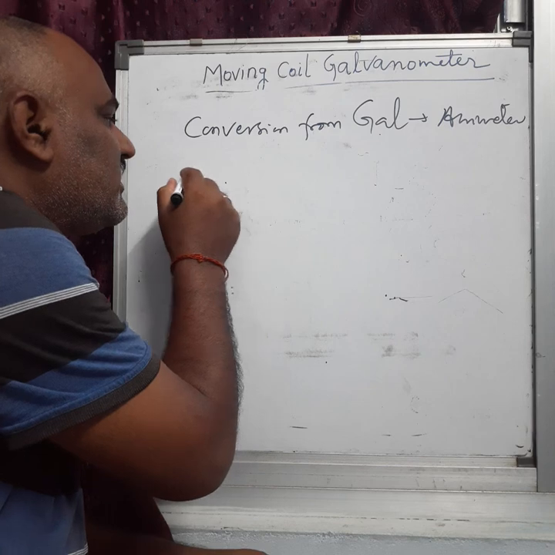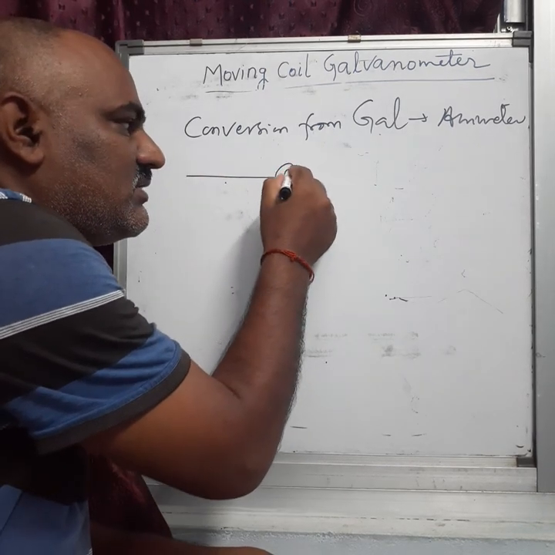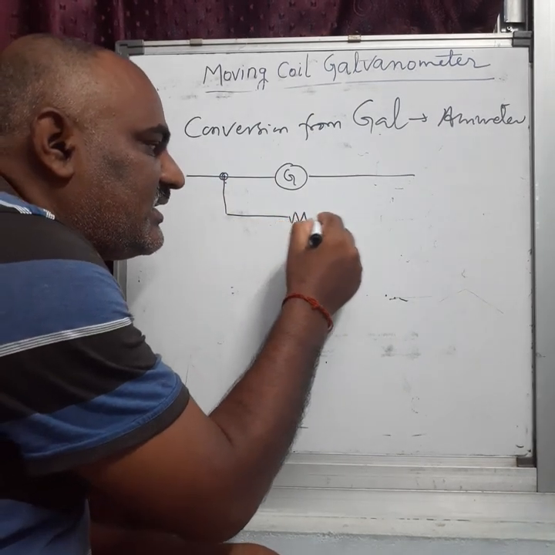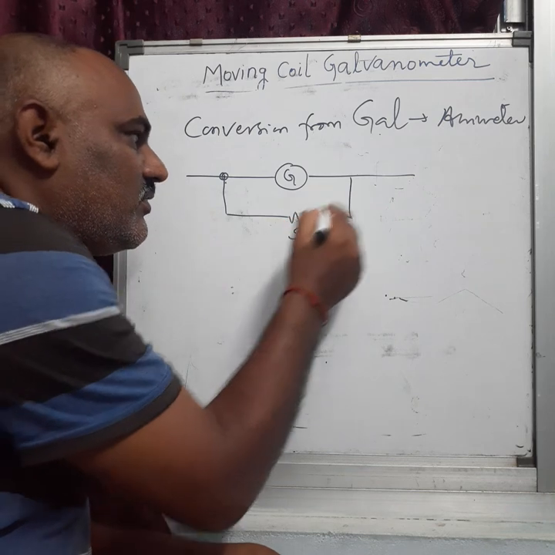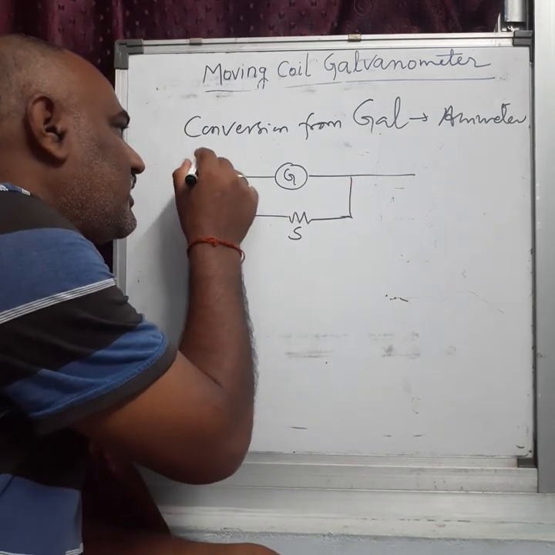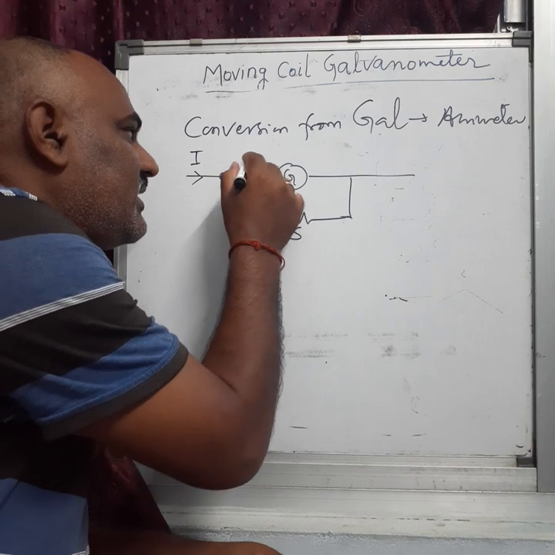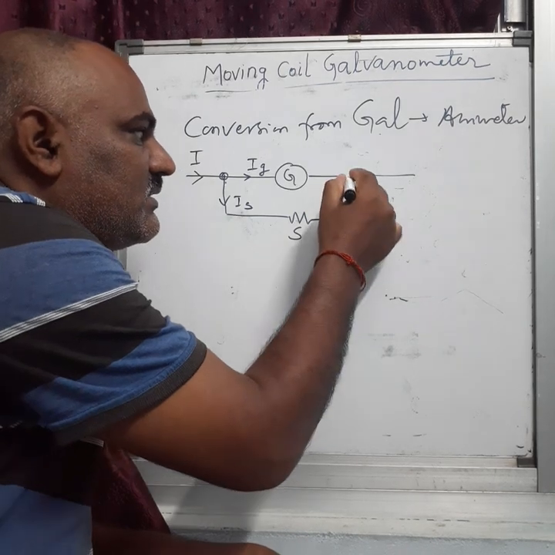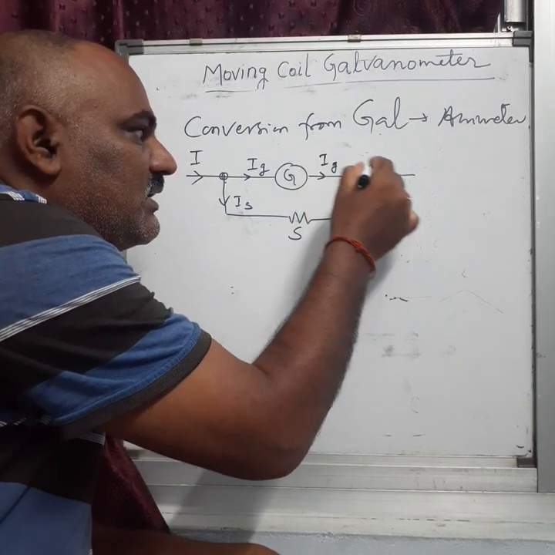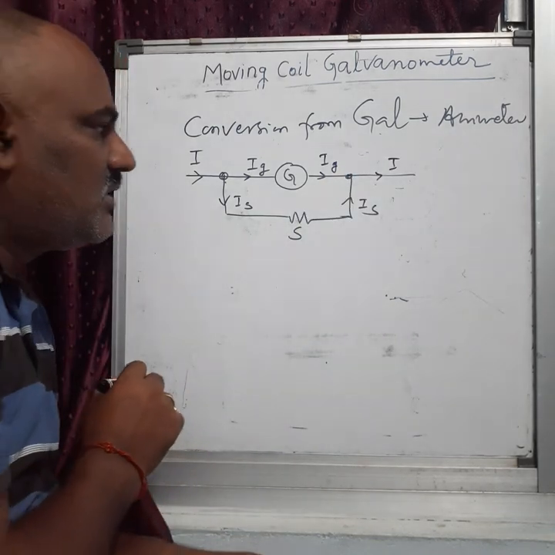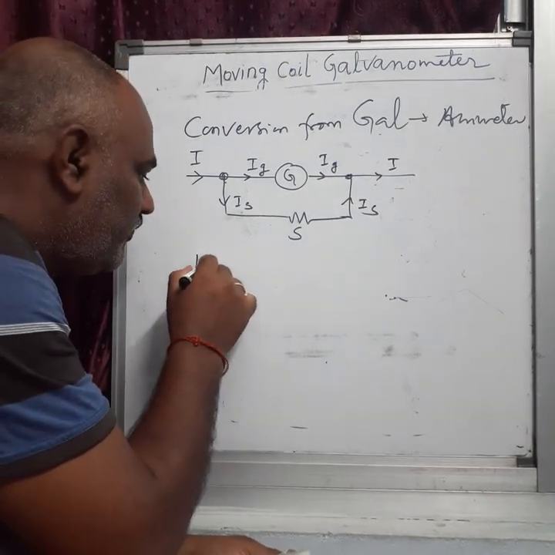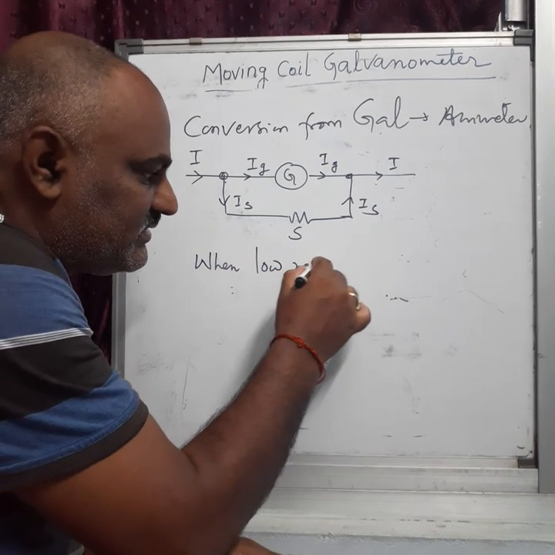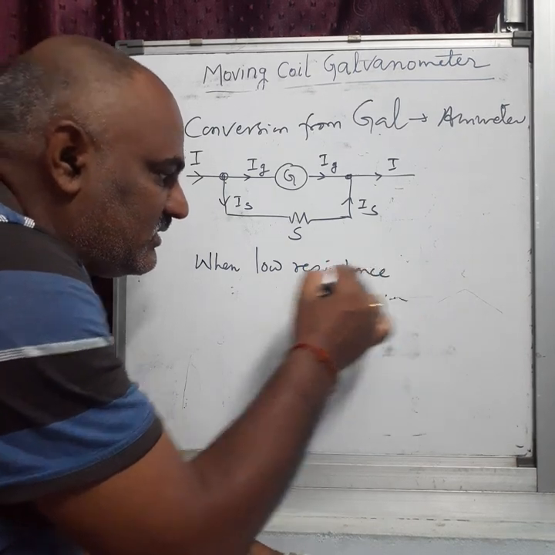What it says is that when a low resistance shunt is connected in parallel to the galvanometer, see, this happens. This is the total current. If the total current is high, then reduce the current by connecting another parallel resistance. Then the value of current becomes less. Now see, how can we convert a galvanometer into an ammeter? When a low resistance is